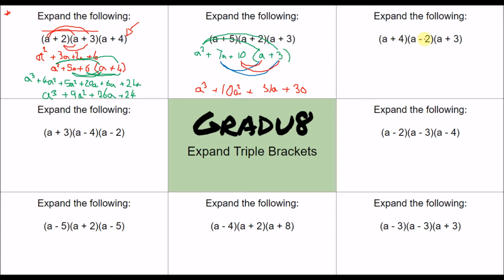Now, be aware that you've got a negative sign in here, you've obviously got some negatives down here, you just really, really have to be careful with your negatives. So, when you've got your final answer for this one, you should have a to the power of 3, my 3's are getting a bit more dramatic, aren't they, plus 5a squared minus 2a